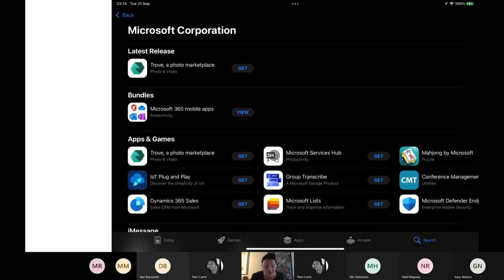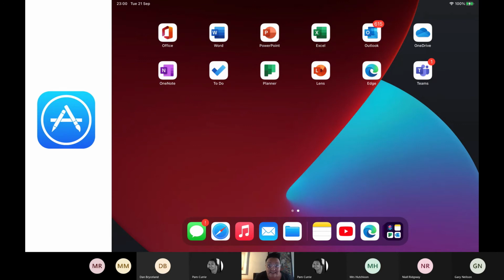Let's go back to that screenshot for a second, because I want to point out something quite interesting for the next 10 minutes. We're going to look into this fairly recent development. On that screenshot we have an app for Word, an app for PowerPoint, one for Excel, and one for OneDrive. It used to be the case that you needed all those individual apps. But fairly recently, I can't remember exactly when, 2019, maybe 2020,